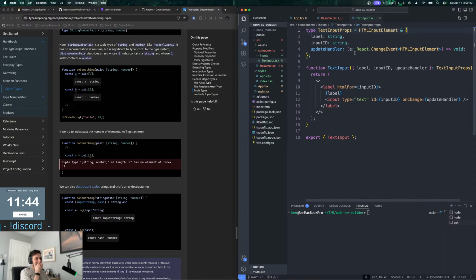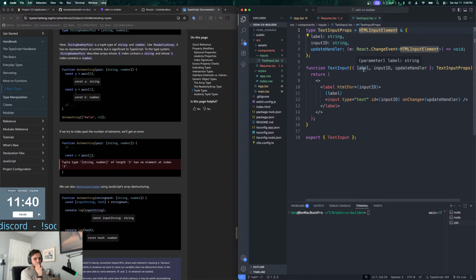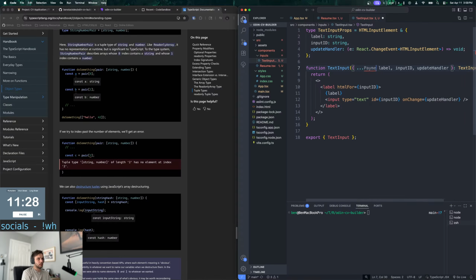Okay, it's still expecting the, and then how do I make these optional is the thing. How do I make these optional? Add props to your text input props. Oh, what? Oh, sorry. Text input props. Like up here?